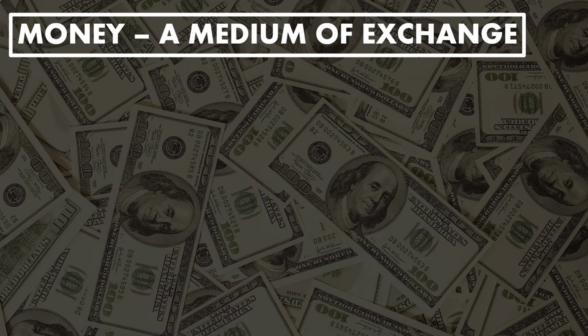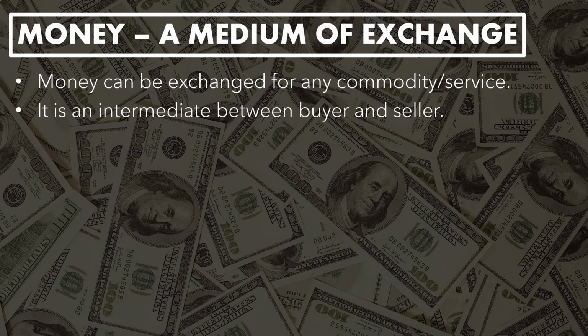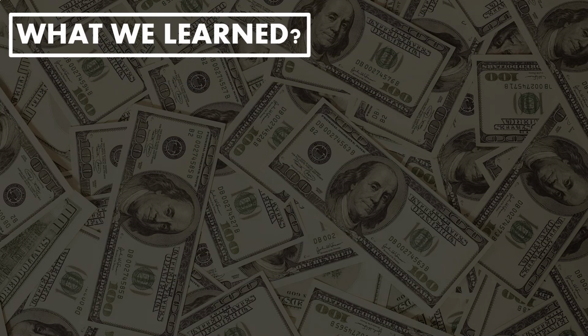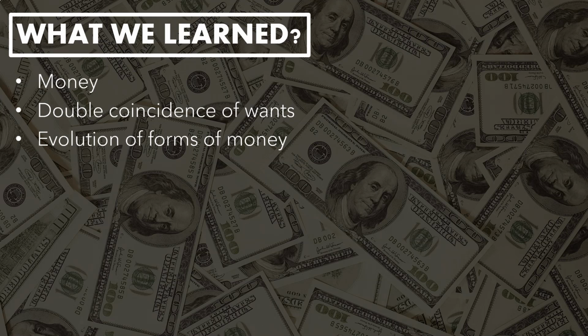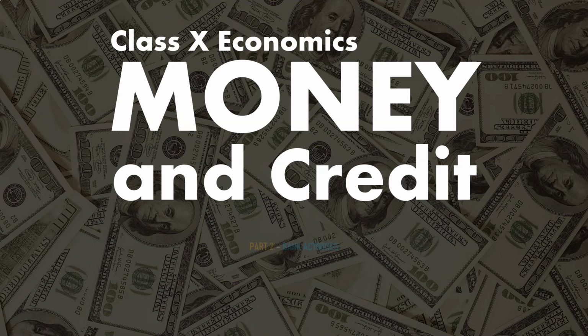So, summarizing what we learned today, money is a medium of exchange. It can be exchanged for any commodity or service. It's an intermediate between buyer and seller, and it eliminates the need for double coincidence of wants. We learned about money, double coincidence of wants, evolution of forms of money, and why modern currency is accepted as a medium of exchange. So these are the 4 terms we learned today, and part 2 will be coming soon,